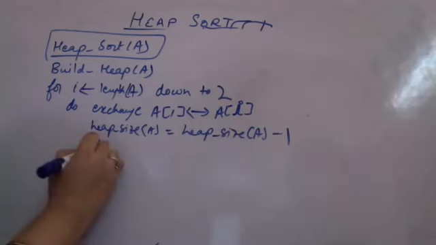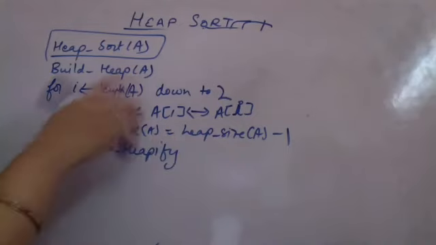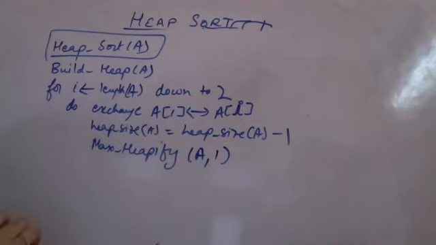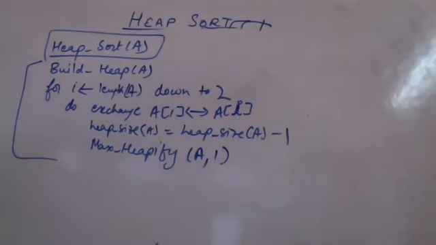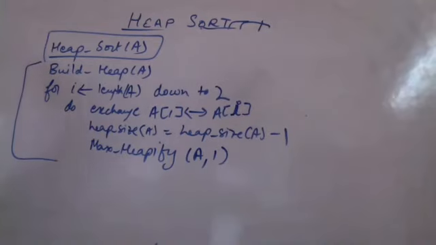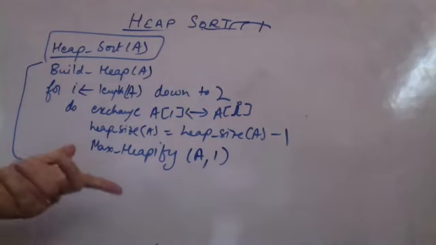Now I am calling max heapify. Where the exchange was done, that is at 1, so I am calling max heapify for A, 1. That's it. That is all the heap sort procedure is. So if you look at the 3 algorithms, the dry run may have seemed lengthy to you, but there is a build heap, there is a max heapify and there is heap sort. That's it. Now let us try to look at the complexity of the algorithm.